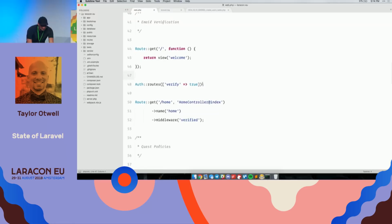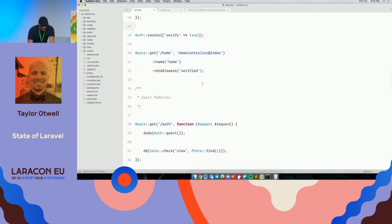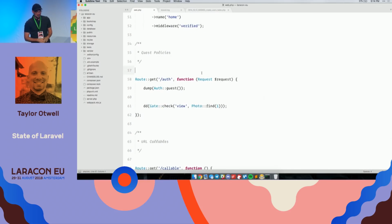All right, so hopefully that wasn't way more information than you wanted. But, moving on, a new feature of Laravel 5.7 is so-called guest policies, which I have to admit, I personally haven't had a huge use case for them, but I do get asked about them a lot, so hopefully you find them useful. So to demonstrate the current behavior,